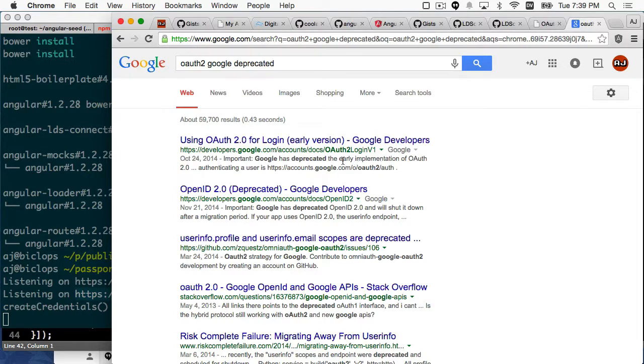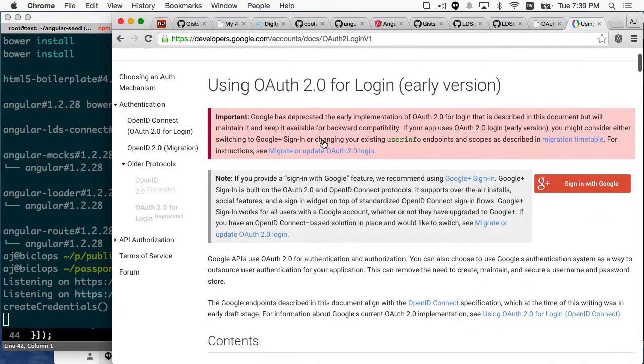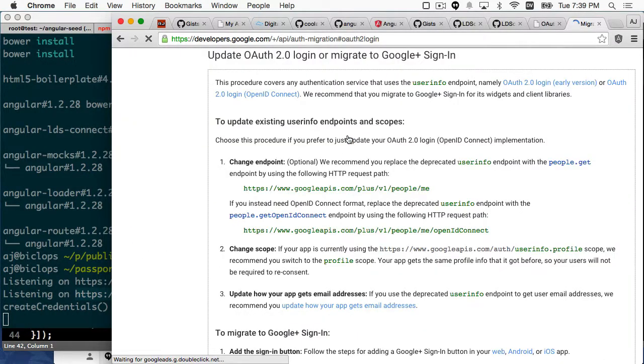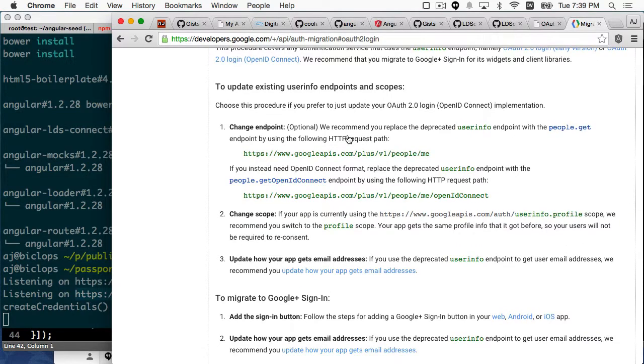So in Angular 2, are they building it from the ground up and revising how it's structured, or